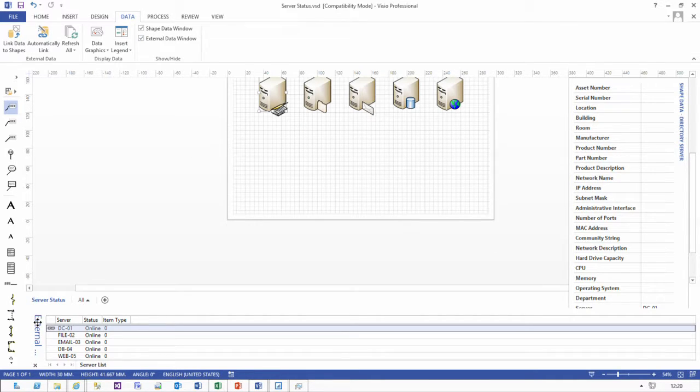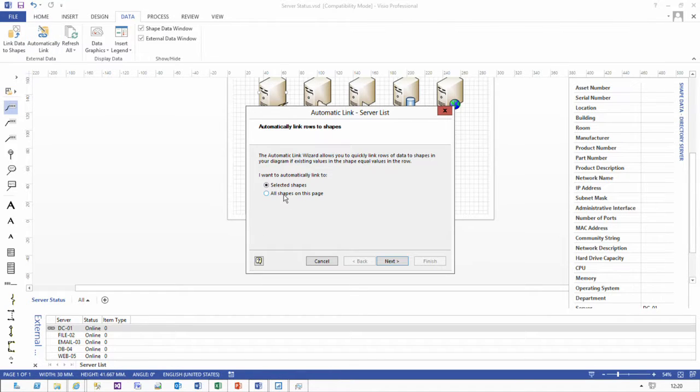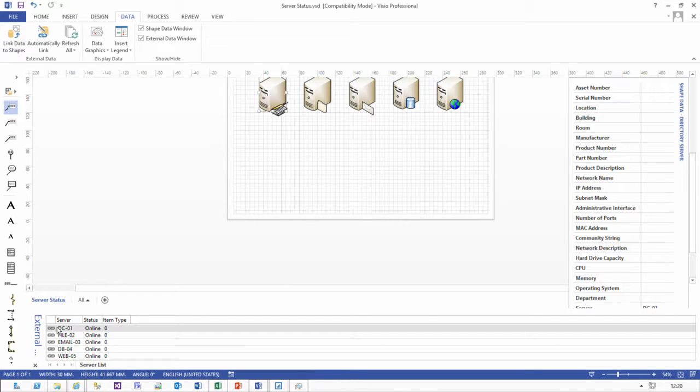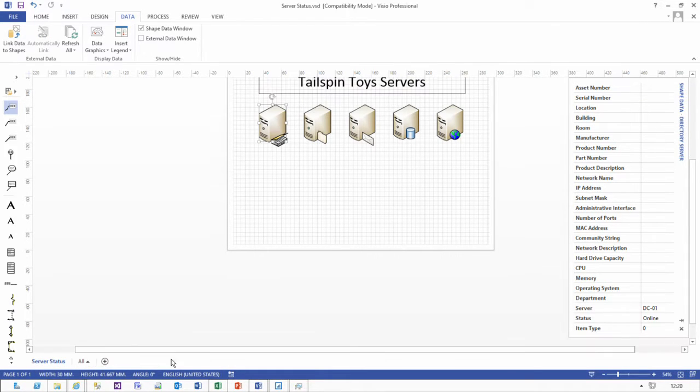Now, rather than drag and drop individual rows, you can use the automatic link feature to say, for all shapes on this page, where the server matches the server. So the server column matches the value in the server property of the shape. Go ahead and establish a relationship. And now you'll see that icon here saying that each row is established. Now to make it look good,